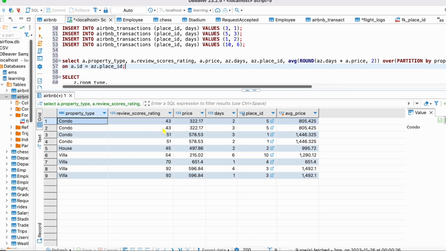Right. So when we have condos with review scores of 43, we're going to see this average price, 805. Condos with review scores of 51, we're going to see this average price. So yeah, I hope you picked up some tips about how to do some aggregate functions and how to import,